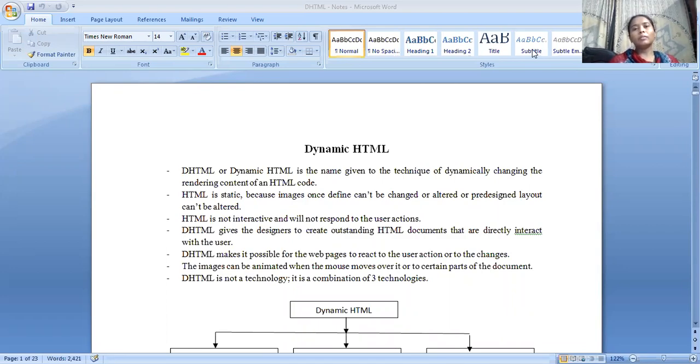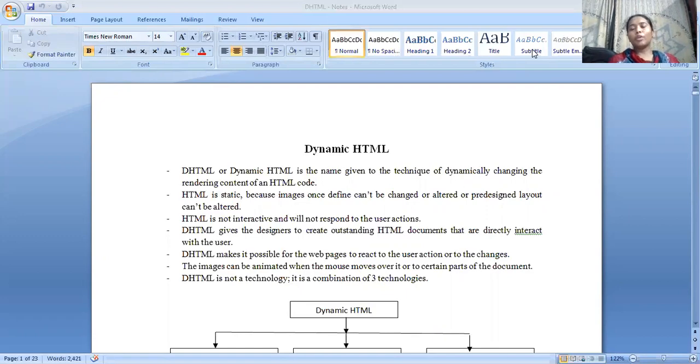In the previous sessions, we have seen the different programming on HTML, CSS, and JavaScript, and now we are here to learn about dynamic HTML. The name itself says dynamic hypertext markup language, which is not normal HTML, that is, not static HTML. If I need user interaction with a browser or with the server, then I have to do the programming with the help of functions related to DHTML. So DHTML is a type of dynamic creation of web pages, whereas HTML is used to create static web pages.